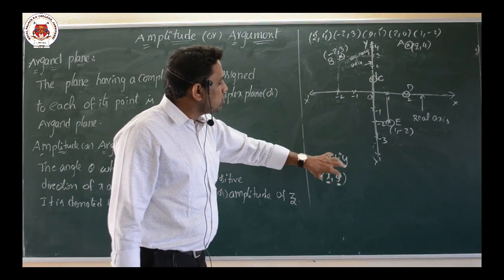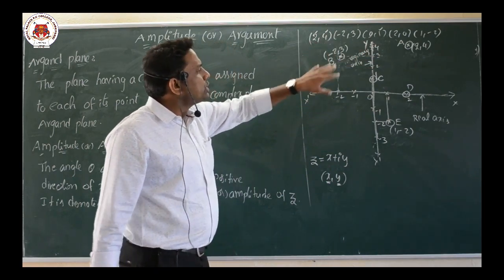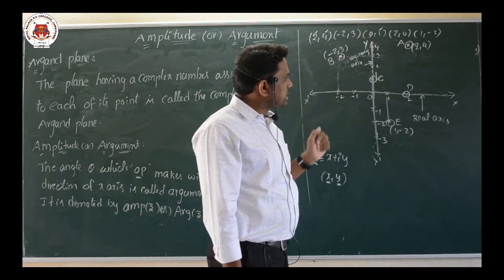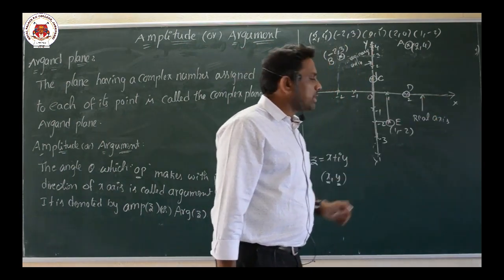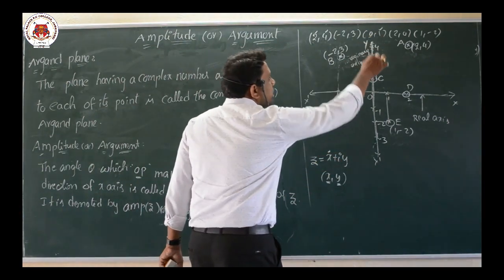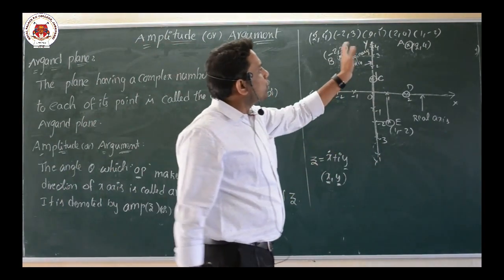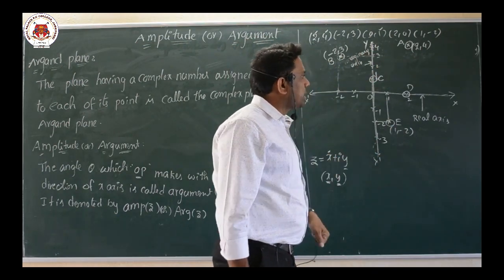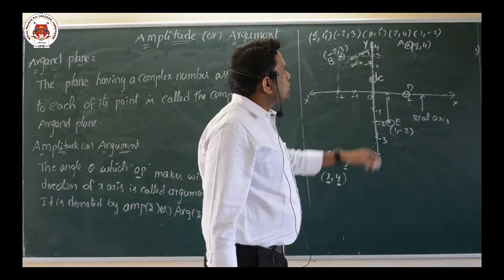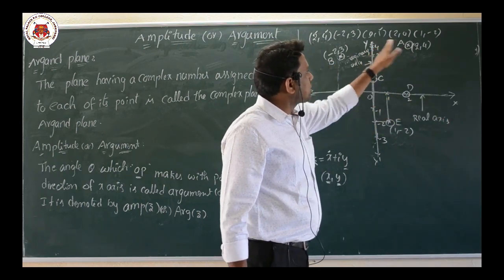Next, if you want to show these complex numbers in this plane, this is a two-dimensional plane. Here the x-axis is there, the y-axis is there. The x-axis is the real axis, because it represents the real part, and the y-axis is the imaginary axis, because it represents the imaginary part. So here totally 4 quadrants are there, first, second, third, fourth. My dear children, you know this from your earlier classes. This is the first quadrant. Here x is positive and y is also positive.